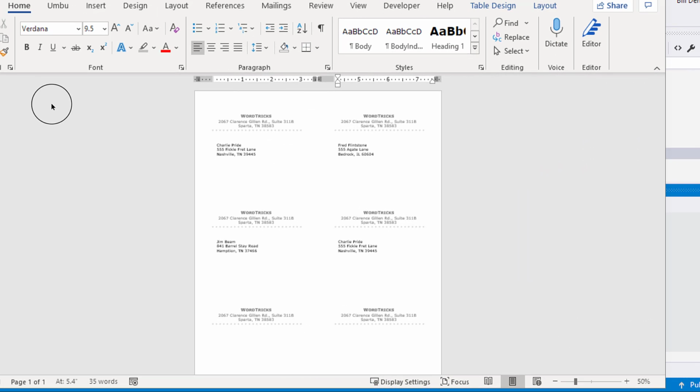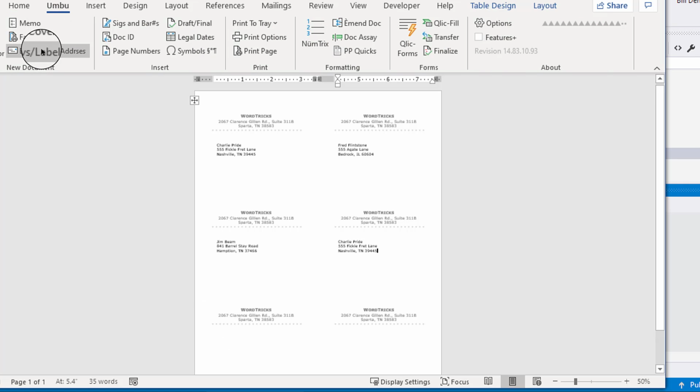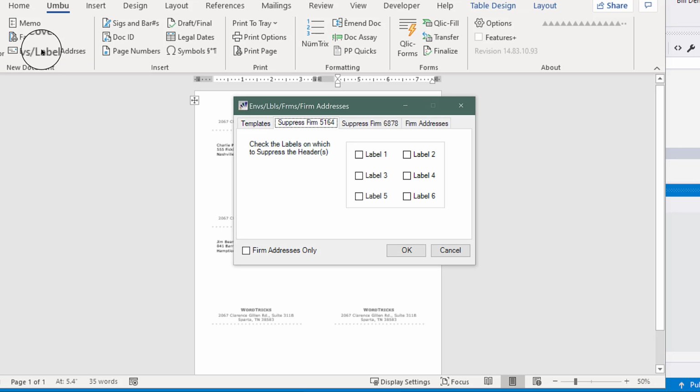Speaking of wasting labels, you can see that I have a document of Avery 5164 labels on my screen, and 4 of those have addresses. But these 2 labels do not have addresses. So it's very likely that I would want to print this page and save the labels, those bottom 2 labels, for later use. So I'm going to go back to the envelopes and labels,